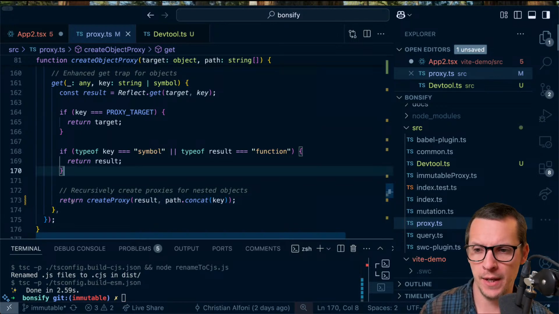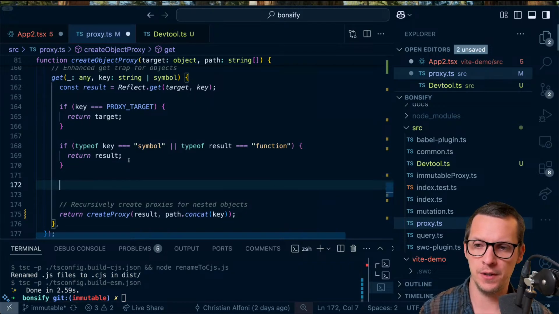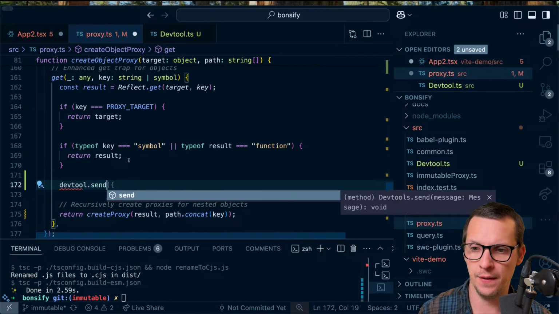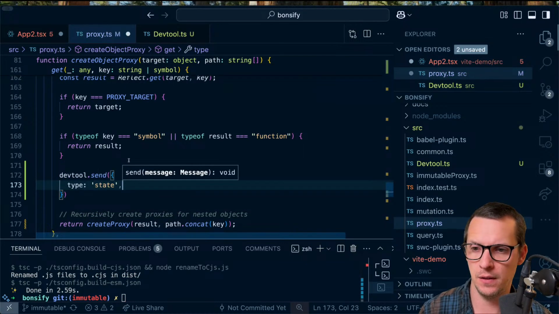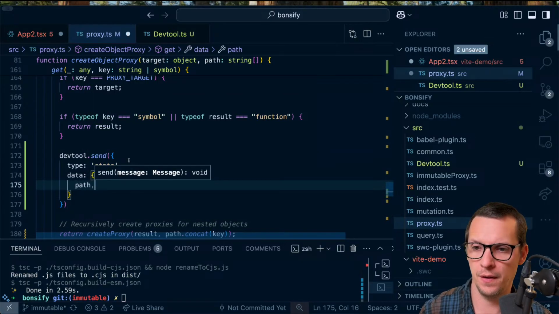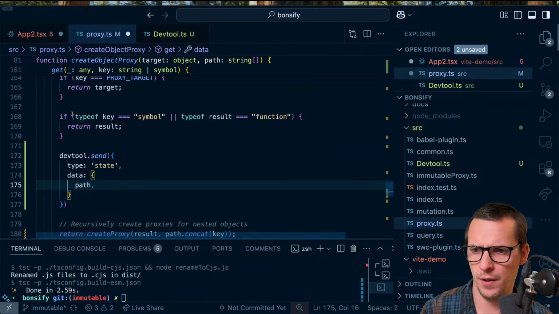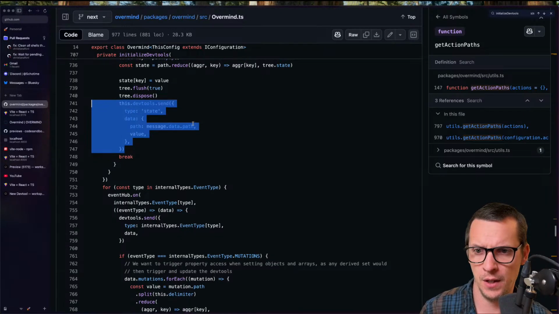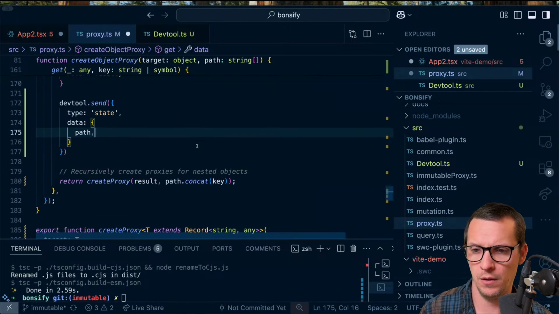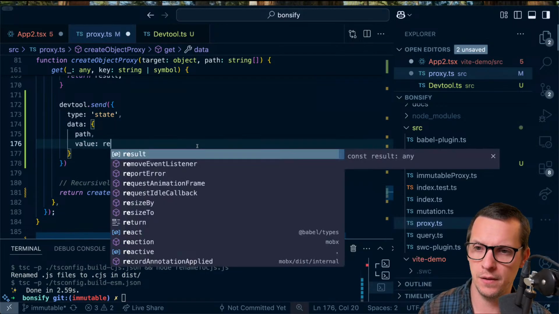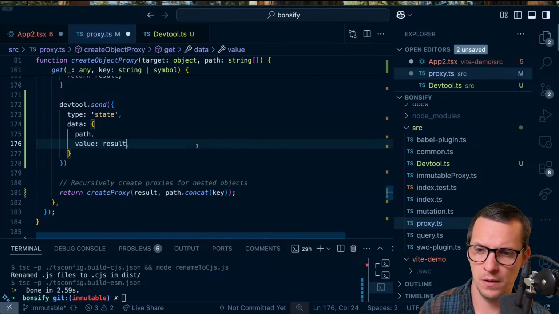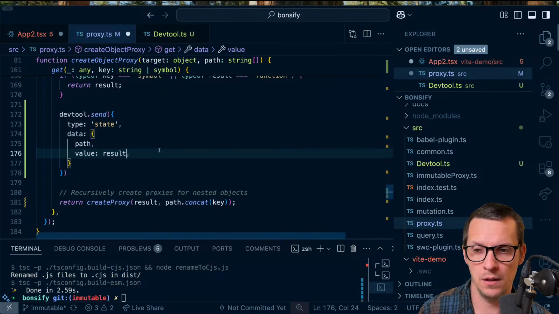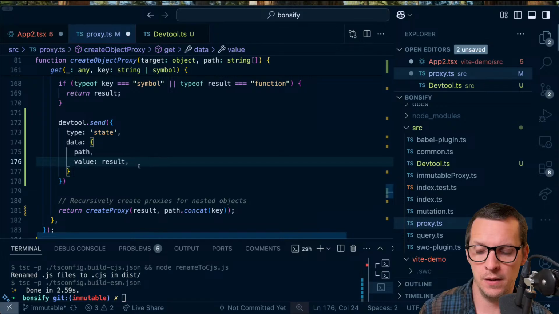yeah, and I wonder if we should actually just do this. So we're going to try something now. We're just going to say devtool send type state data path. What do we send the path as here? I wonder if it's an array or, yeah, whatever. And then the value is the result. But the thing is that this value might be a class instance, which means, yeah,